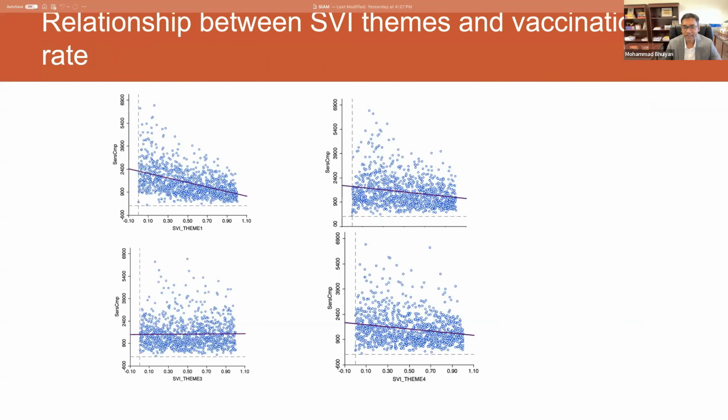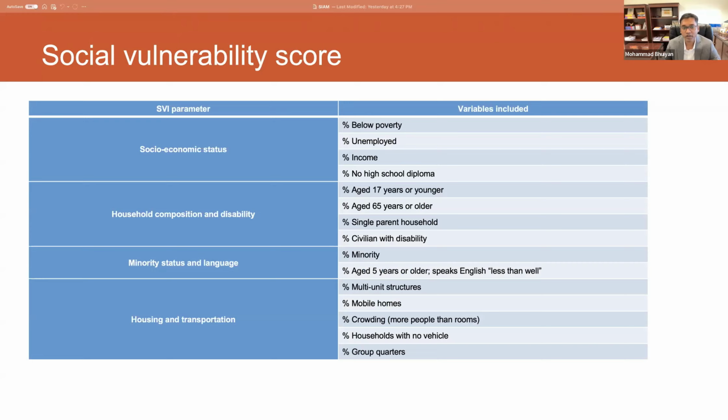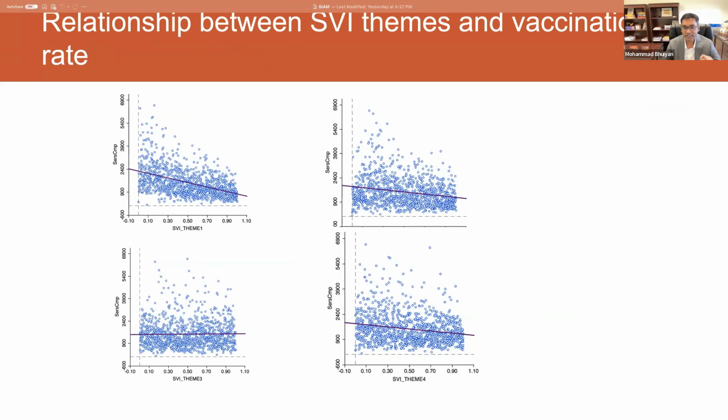We also downloaded the data from the Louisiana Department of Health, and we divided this one into 4 different themes. If I go back, the first one is called theme 1, socioeconomic status. The second one is called theme 2, household composition and disability, and the 3rd and 4th. So we can see from here, when we do a scatter plot, for theme 1, theme 2,